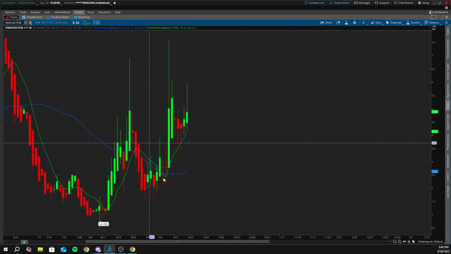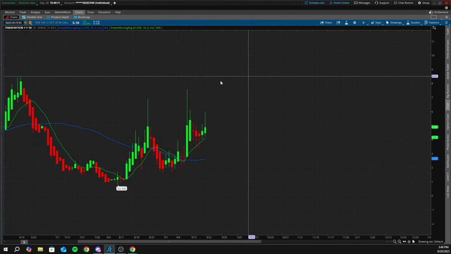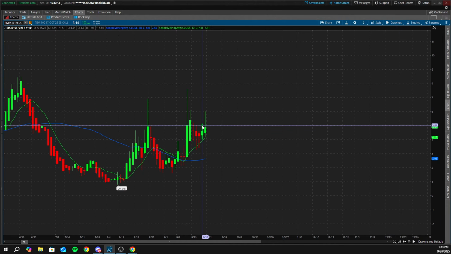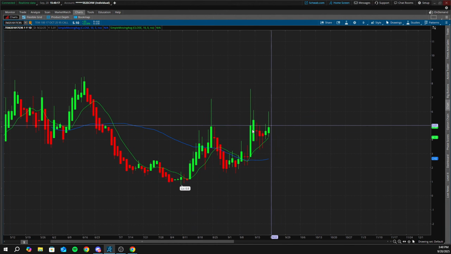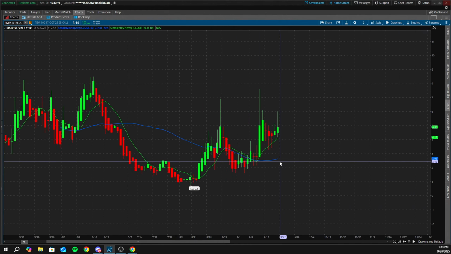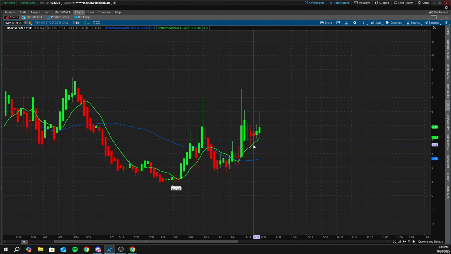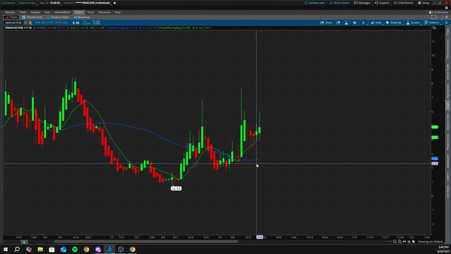I mean, the 10 SMA is crossing the 50 here. The monthly chart is just crossing, even though 10 has been ripping a lot the last couple weeks. It's still just getting started. The 10 SMA is going above the 50 here. A pullback to this 10 SMA could be your entry point, with a stop loss below the 50, or you wait